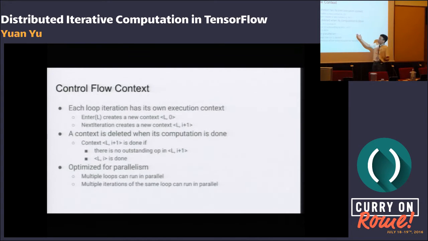A context can be garbage collected when the computation is done. Effectively, when a context is done and there are no outstanding operations in that context, and also the context for the previous iteration is done. So this is highly optimized for parallelism. Multiple loops can run in parallel, and multiple iterations of the same loop can also run in parallel. So it's all data dependency.